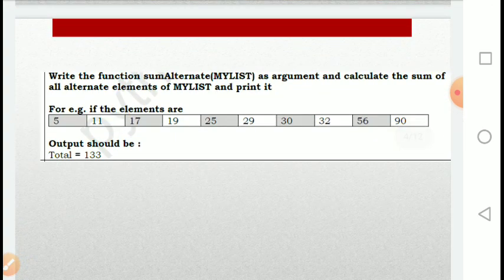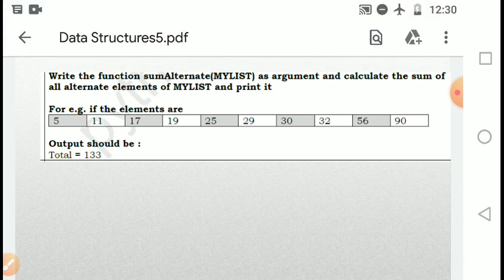Next, normally the questions for list come as writing functions. Here two things happen simultaneously: they are checking your ability to work with functions, and also how you can access the list, how you work with the data structure list. So it checks your capability to create a function and call it, and whether you know the list also.